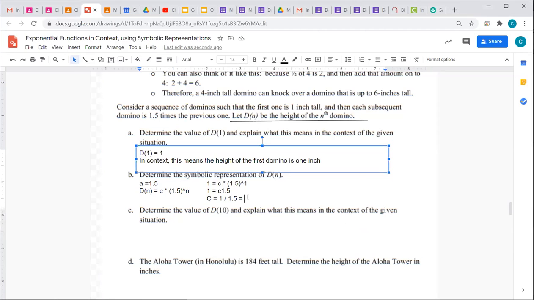So I'm just going to write that 2/3. It's easier to write. So my symbolic representation, the answer, is d of n equals 2/3 times,